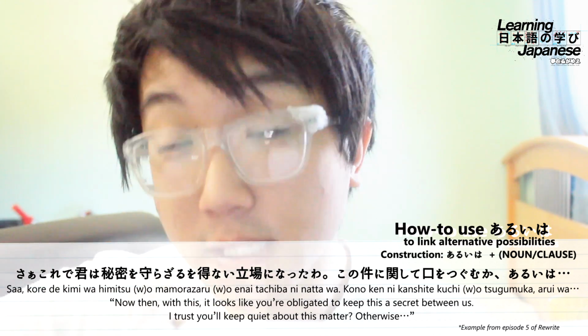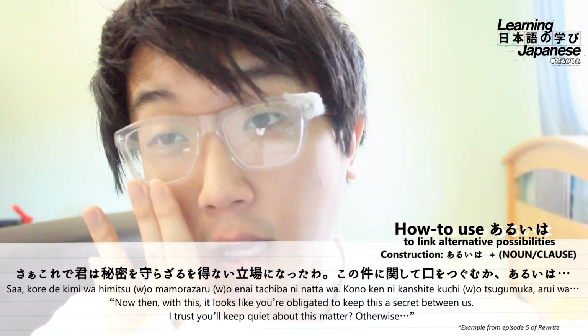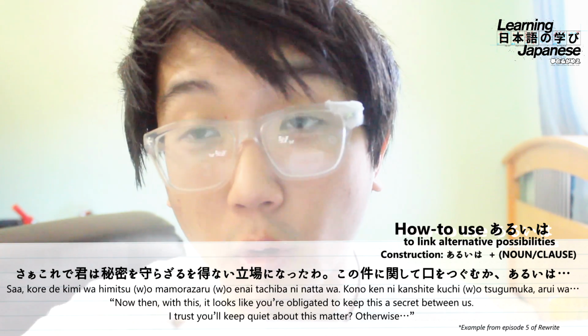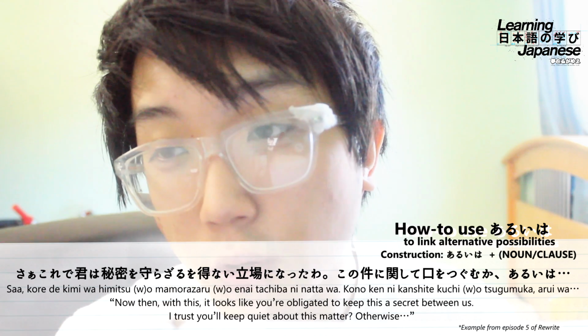So now let's break down the second sentence in that line word for word. First up, we just have kono. This is going to mean this. It's going to be modifying the noun right after it, which is the word ken, which means basically matter or incident, this matter. Then we have the grammar pattern ni kanjite, and this is actually one that I don't think we've covered before, but it's basically just going to mean in regard to X, and X is going to